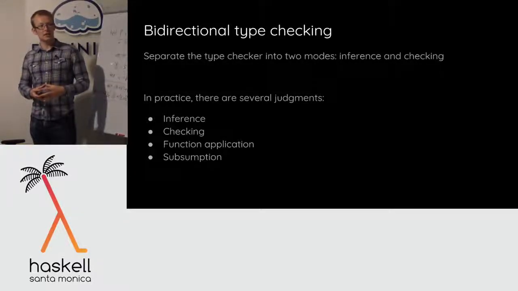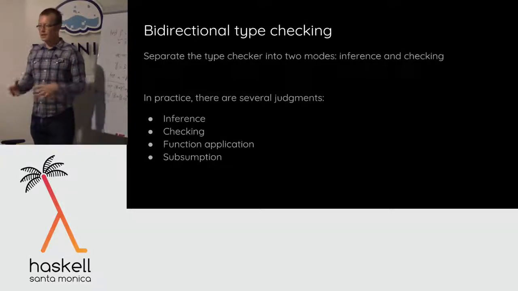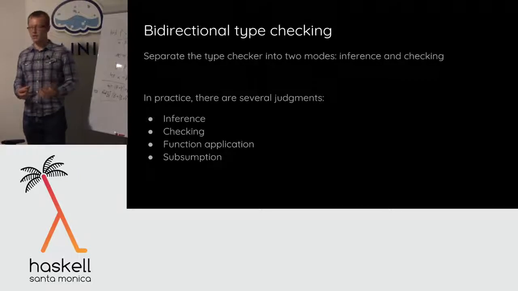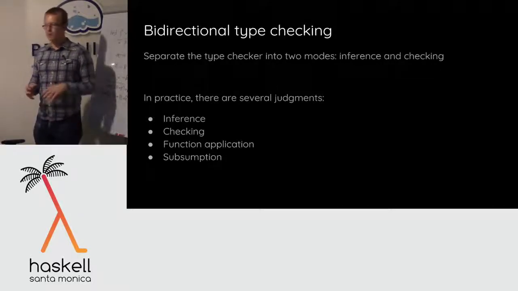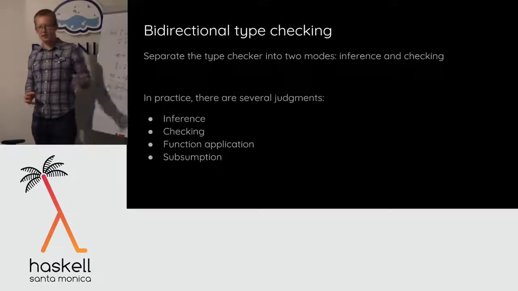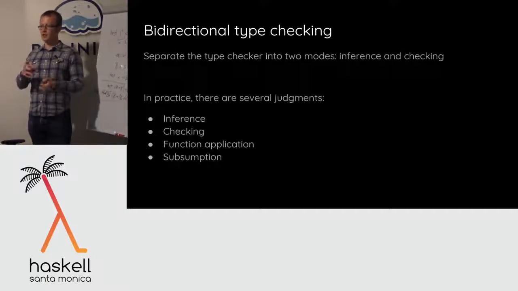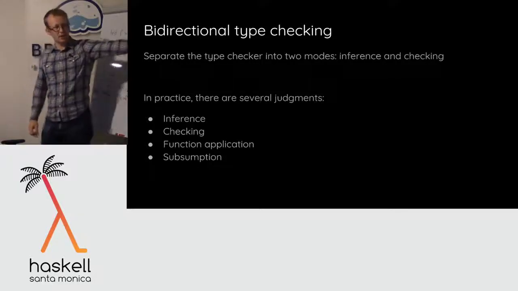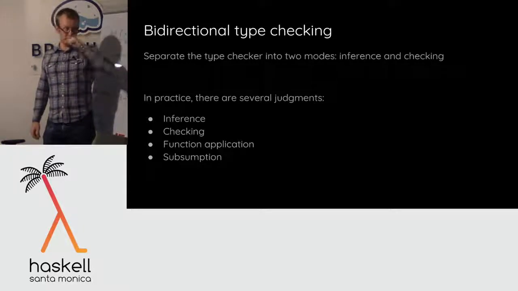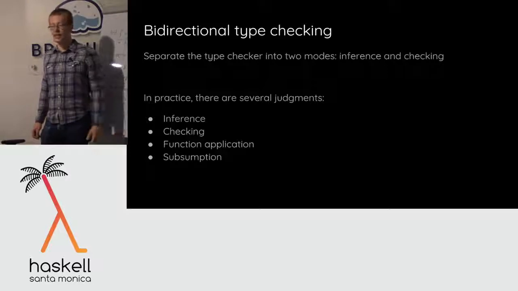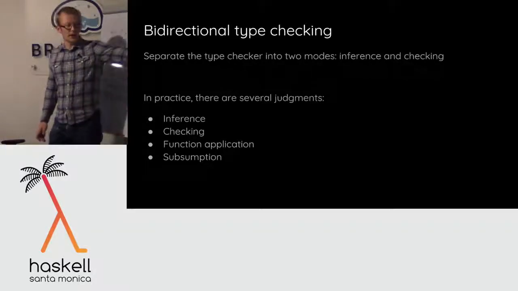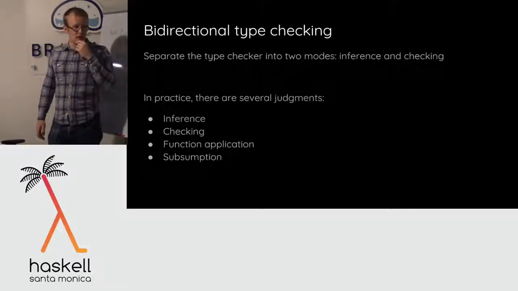No, it's just these things all sort of depend on each other in interesting ways, right? The type inference algorithm is basically like choosing which judgment to use at which point in the code, right? And they combine in interesting ways. I'm just saying, it's not just inference and checking. You can write a type checker that just uses inference and checking. We need a couple more to implement everything we need.